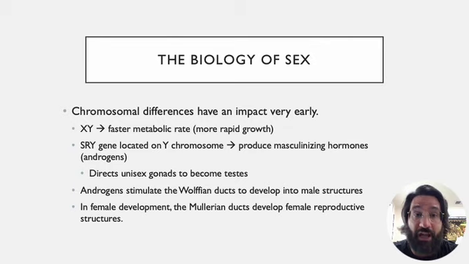There's sort of a unisex period of development. But it does tend to go, in general, most of the time, in one of two directions, right? Either developing these male reproductive structures or female reproductive structures. And then we'll talk about intersex individuals where there's a sort of ambiguous development that occurs, where it's